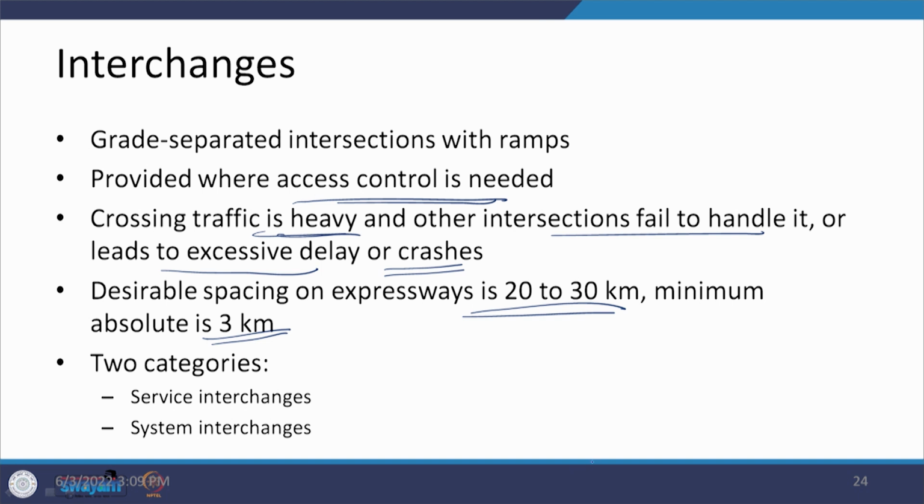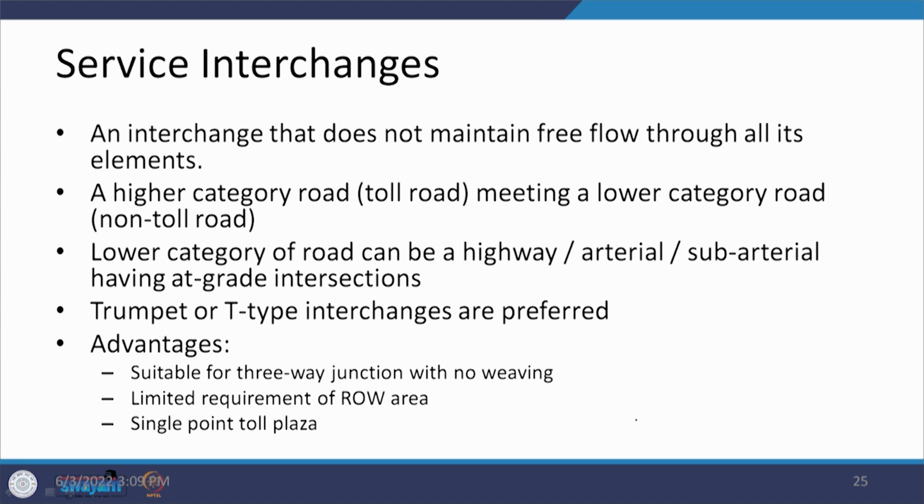Now, when we look at these interchanges, they can be of two types. One is service interchange, another one is system interchange. Let us look at the service interchange now. Service interchanges are defined as those interchanges which do not maintain free flow through all their elements. When we say that free flow is not maintained through all its elements, it means obviously there is a major road and a minor road, an upper category road and a lower category of road,